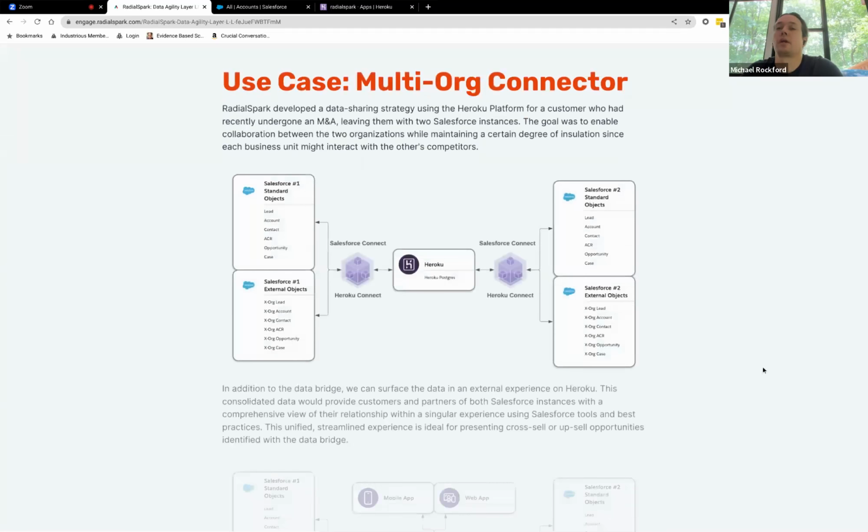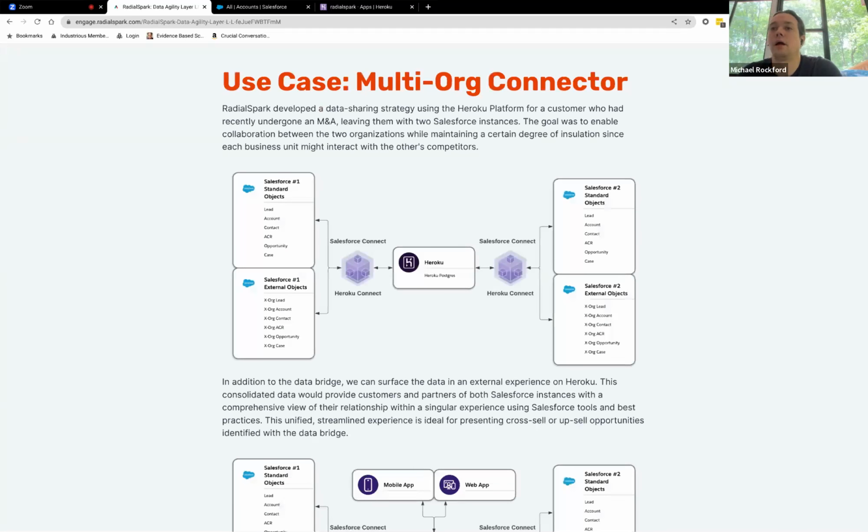So here's another great use case. I don't know if anyone here has multiple Salesforce orgs. This is a common use case we see, whether your business has gone through a merger or acquisition, and you inherited a Salesforce org but you already had one, or you had a specific division. We see this a lot too, that is under the same umbrella, that works on the same accounts, but does something significantly different. But they're still working at the same account, the same contacts, but each unit is kind of working in a silo. They kind of know who's doing what, but they're not really able to share these opportunities, cross-sell, upsell,